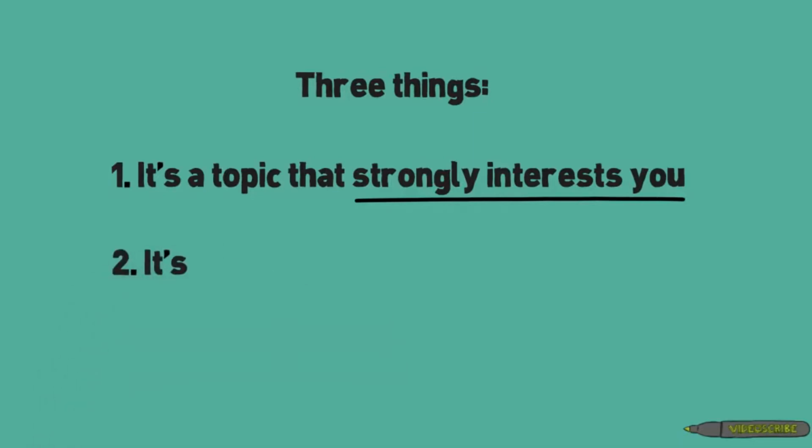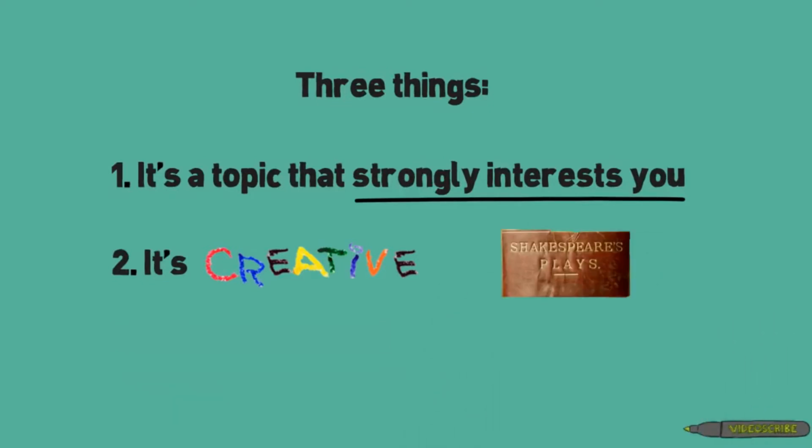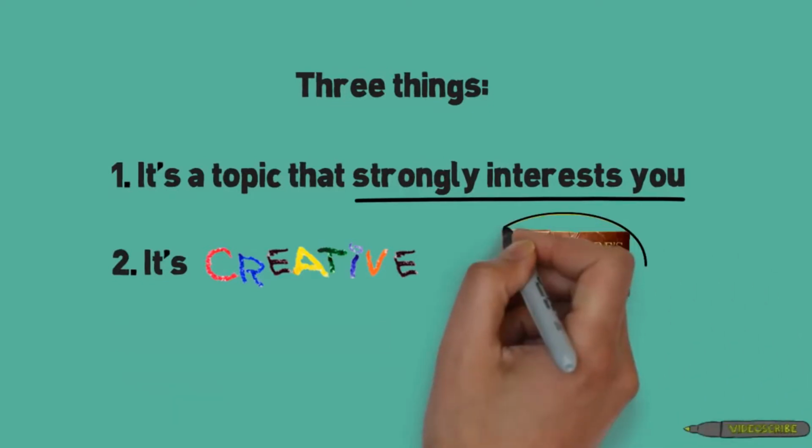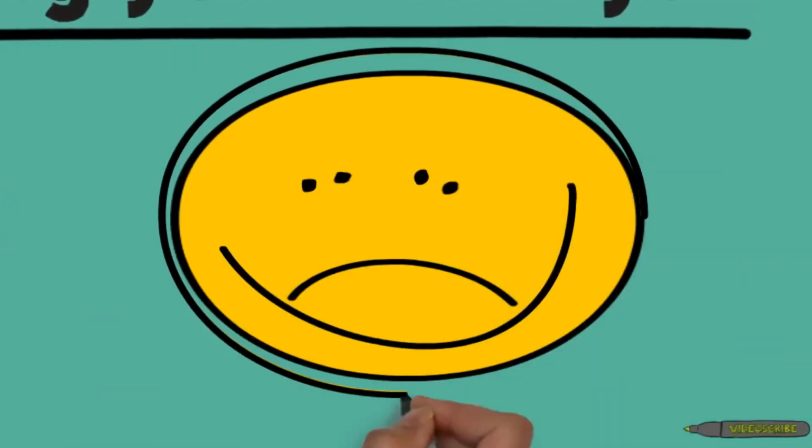Second, make sure your topic is creative. What do we mean by that? Well, there are some topics that have just been written about over and over and over again. Can you come up with a topic that perhaps hasn't been covered that much? Try to pick something that is creative and exciting to you and your peers. Writing about Shakespeare's dramas is great, but that topic in itself has been covered extensively. Try to find something that might be a little more creative.